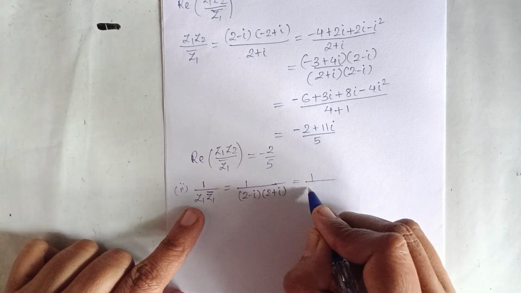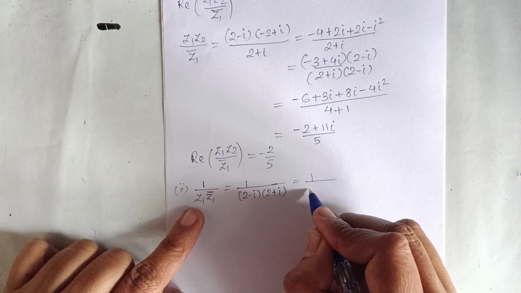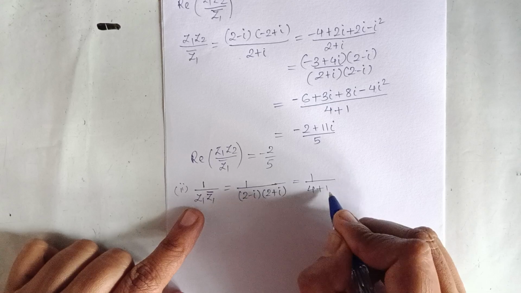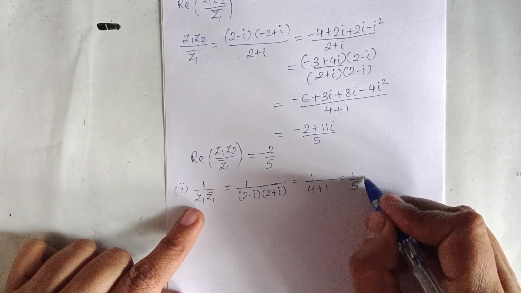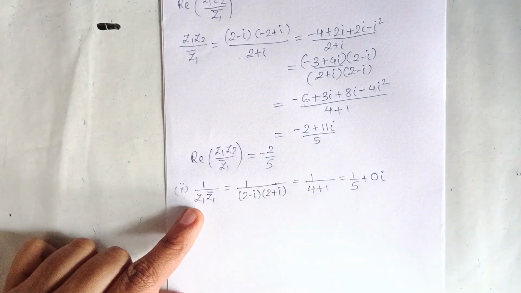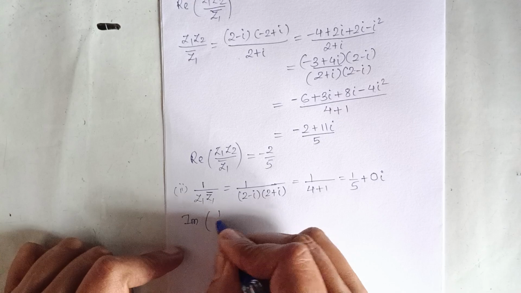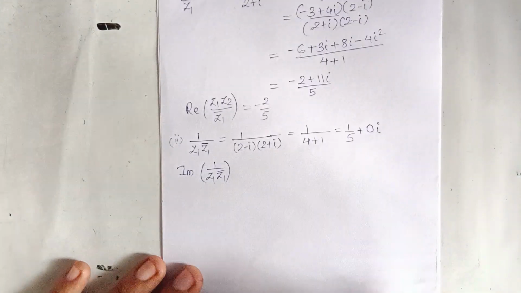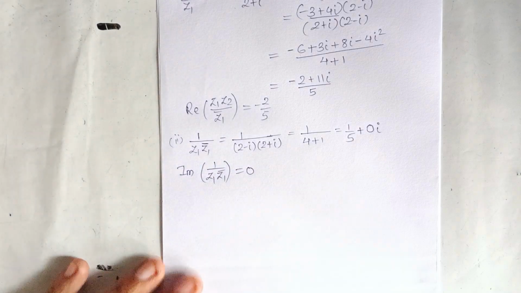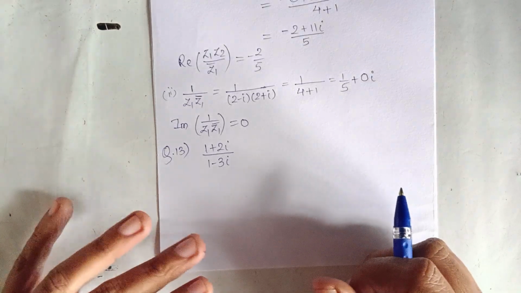So this is 2 square plus 1 square. So 1 upon 5. So there is no imaginary part here. So the imaginary part of Z1 bar is 0. Okay. Next question, you have to find